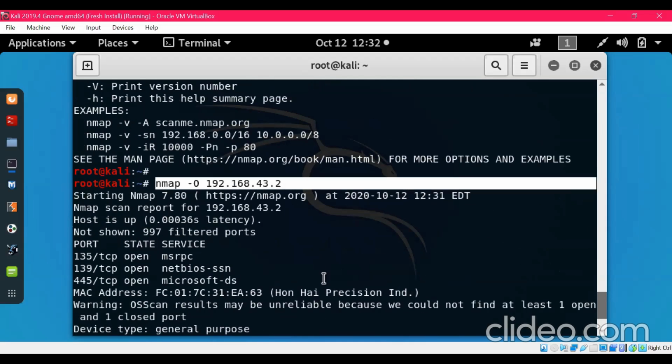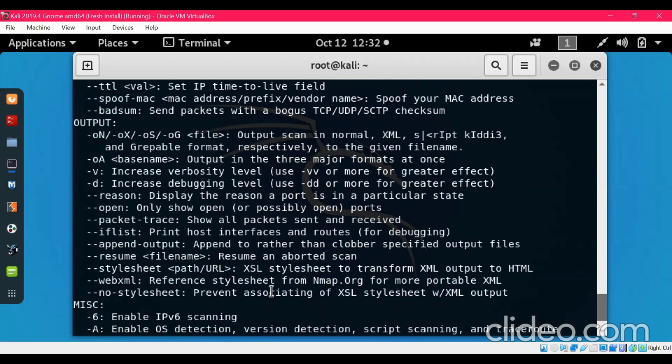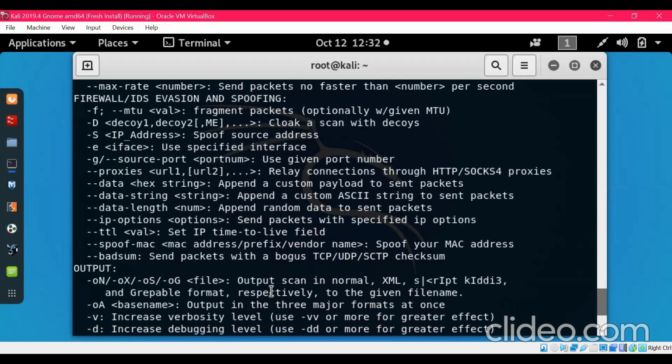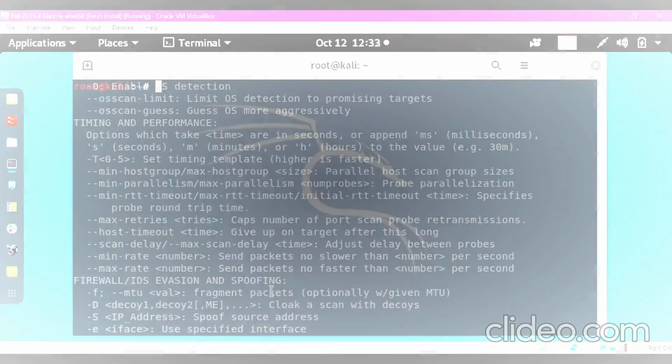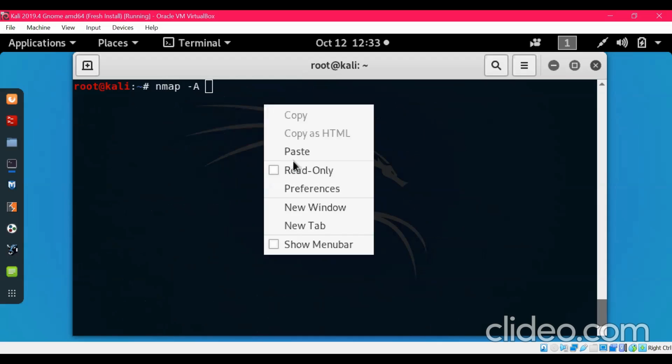Now we can get more information by using some other commands. Another command that we can use is hyphen capital A and the IP address.